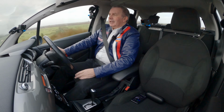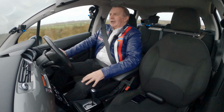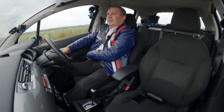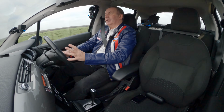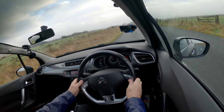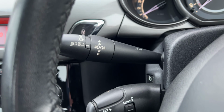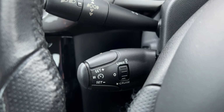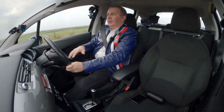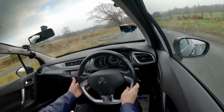A major criticism I have of cars these days is I'm sure the designers want to cause as many accidents as possible so they can sell as many cars as possible. And again, I look at the steering wheel here and I can see my instruments, great. I can just about see the indicator there and just about see the wipers at the 1/4 to 3 position. I can see both my feet and I can see the foot pedals, but what I can't see is the radio control here, and also here the cruise control,